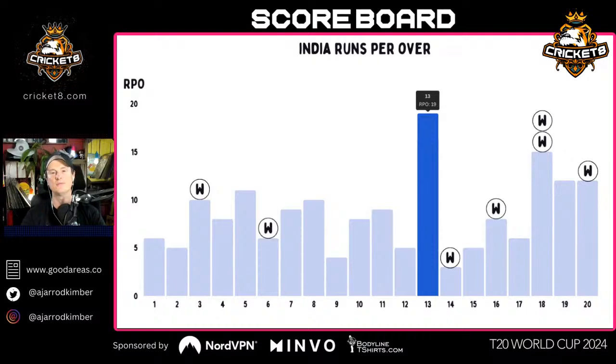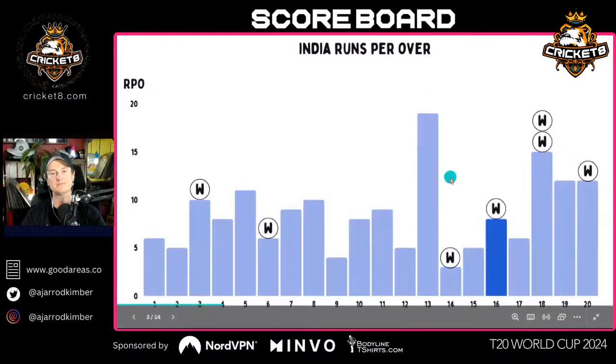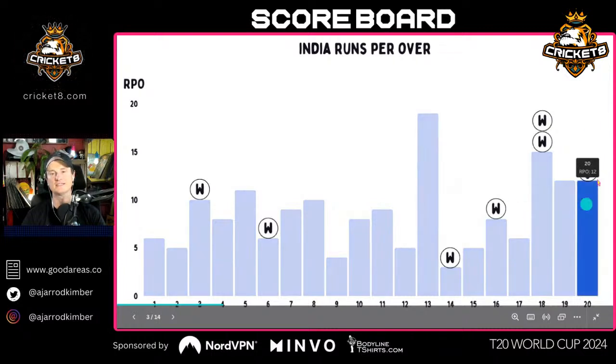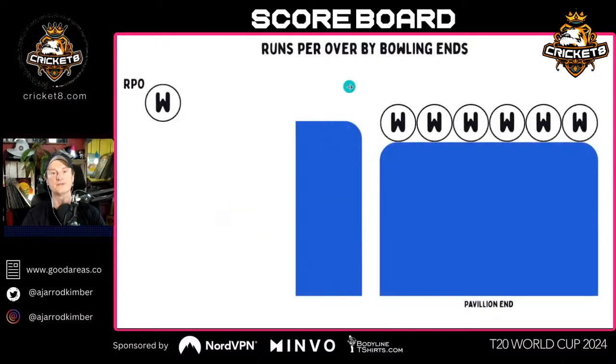It did cost them a real moment. And you could see that after that, there was a bit of a collapse, but England couldn't capitalize on it because of this. And they still got enough runs towards the end. So on this pitch, I thought 165 was a perfectly acceptable score. They went a little bit past that. Maybe 155 was par on this pitch. Either way, they went beyond it.